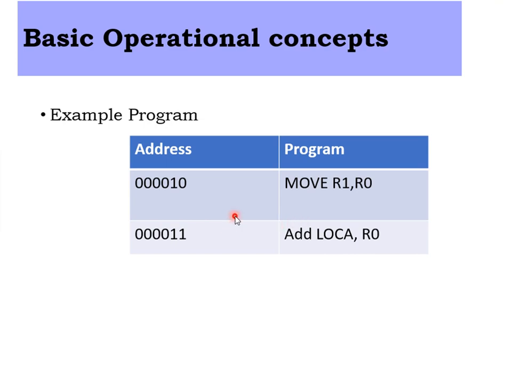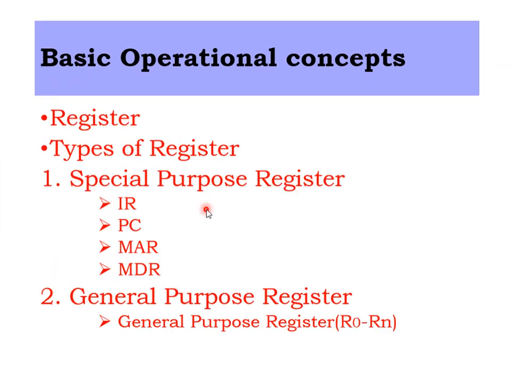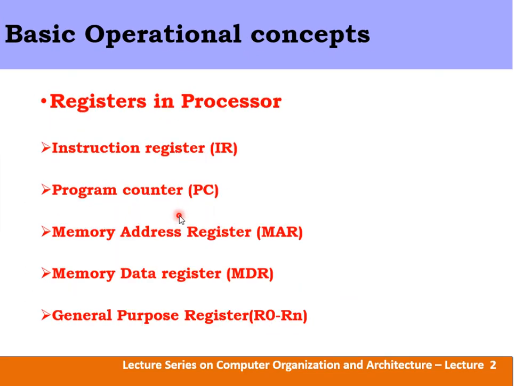If I don't know the address, I cannot go to any particular place. Here also it is the same thing. If I simply ask this program to be executed by the processor, it should clearly know in which memory location that program is residing. Therefore you are supposed to provide the address where this particular program is available, so this address needs to be stored in the program counter. The address can be anything; in general I have taken some value, 000010. This address can be stored in the program counter.